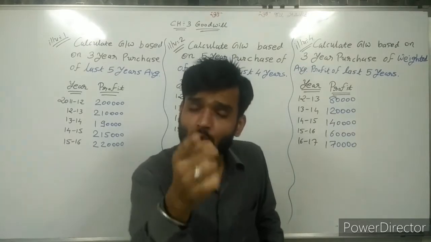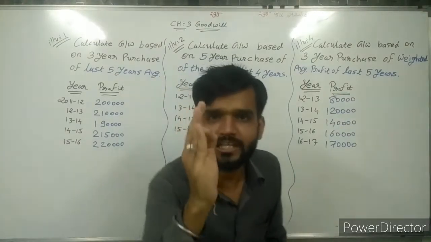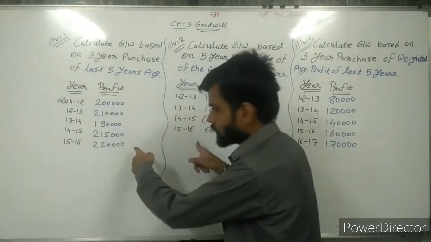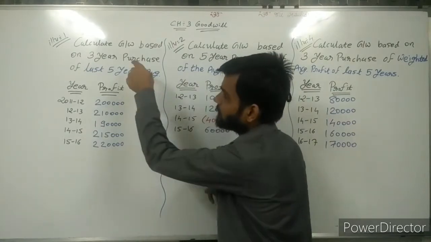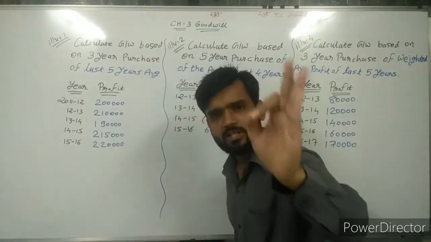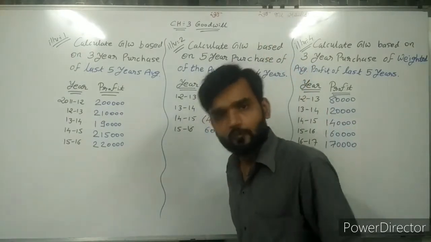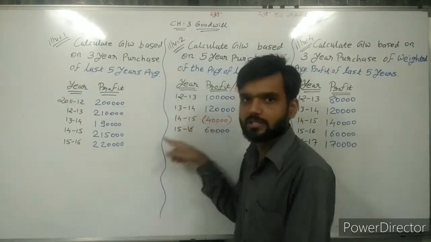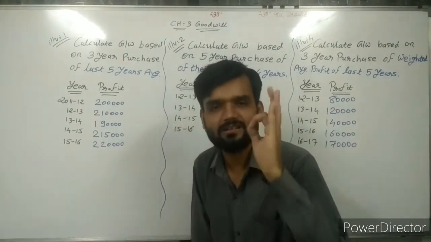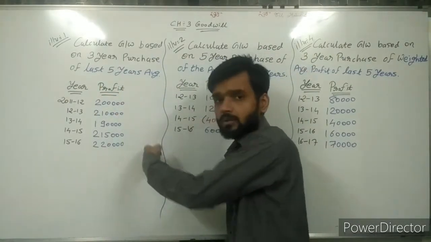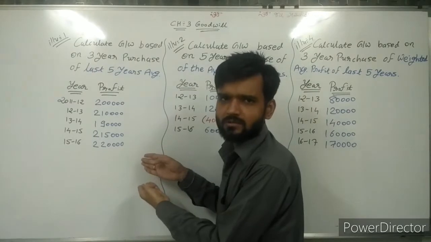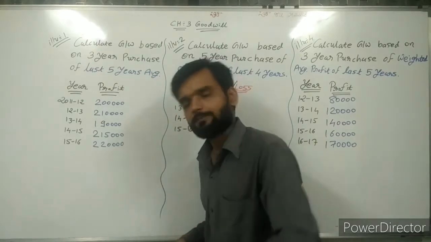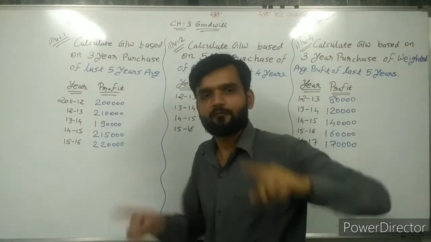But you have to apply your mind only and only when information is clearly not given. Suppose in these situations, information is given: find weighted average profit, find goodwill on the basis of the weighted average method. Suppose information is given clearly, at that time you have to give weight. All of you know, sir, how we can give weight? There is no stability of the profit, but it is given in the question, so you have to give weight. If not given in the question,